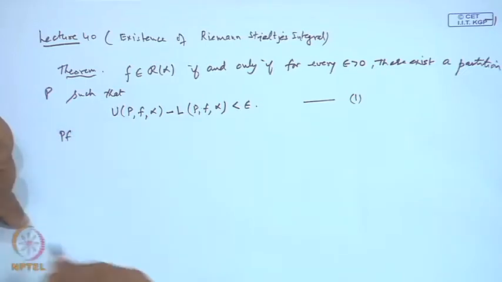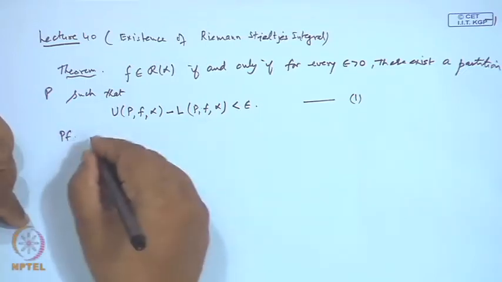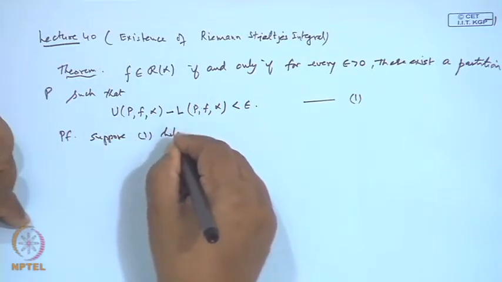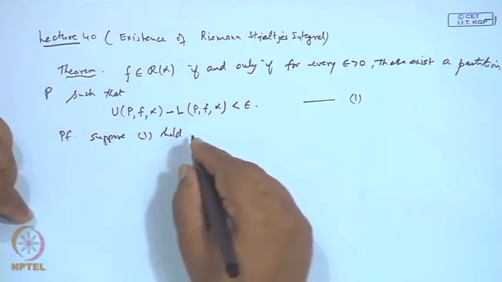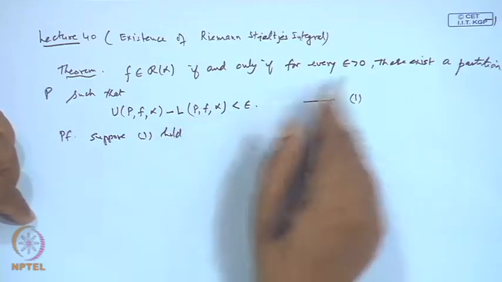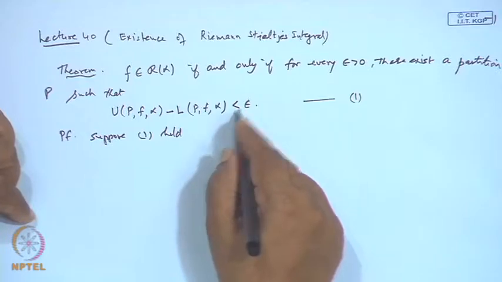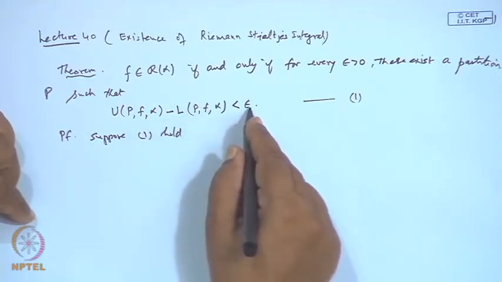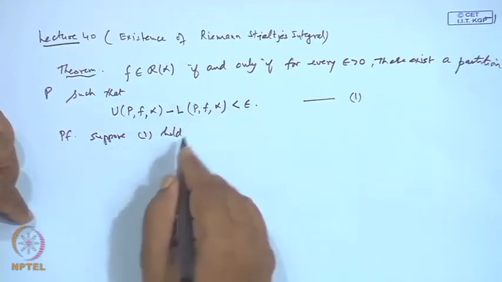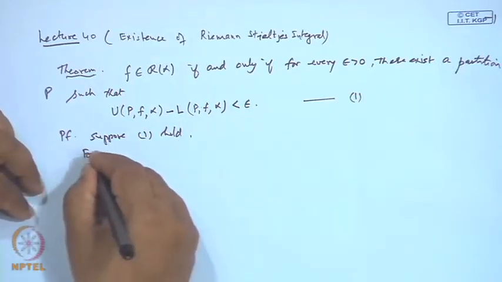So, let us see the proof. Suppose the condition 1 holds, that is, for a given epsilon we can identify a partition so that the upper sum minus the lower sum is less than epsilon. Okay. Now, for any partition P,